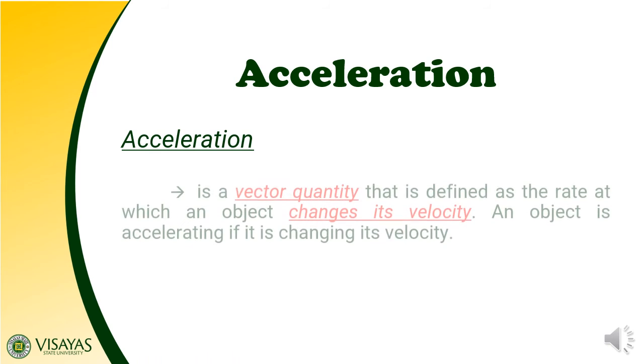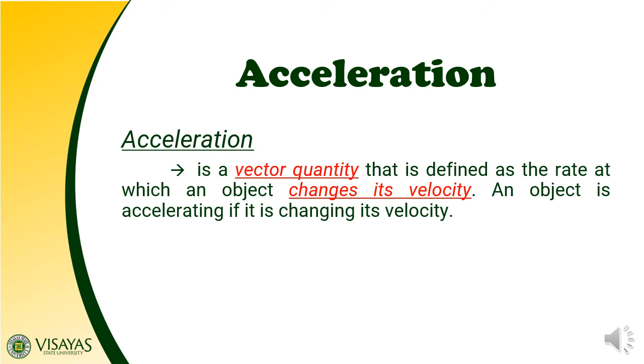Lastly, we will be tackling the last physical quantity, which is acceleration. So what is acceleration? Acceleration is a vector quantity that is defined as the rate at which an object changes its velocity. An object is accelerating if it is changing its velocity. So the main point about acceleration